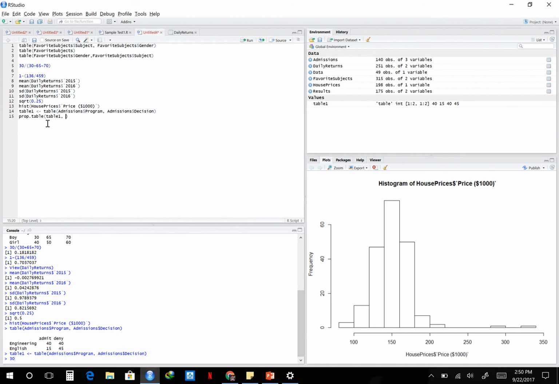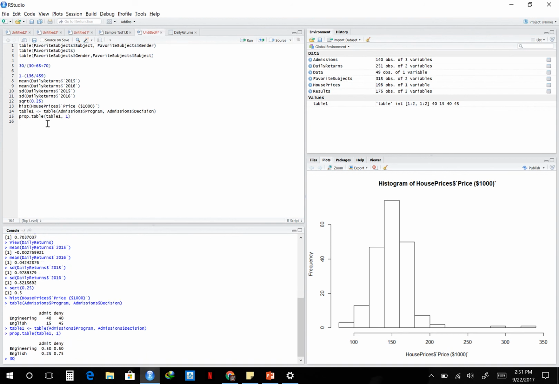Do I want the proportions of the whole thing, or of the rows, or of the columns? What do y'all think? So we want the proportions of the students that were admitted and denied for engineering and admitted and denied for English. So I want them of the rows, so I want the number 1 argument,